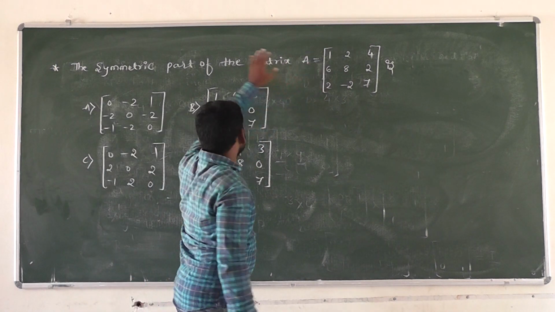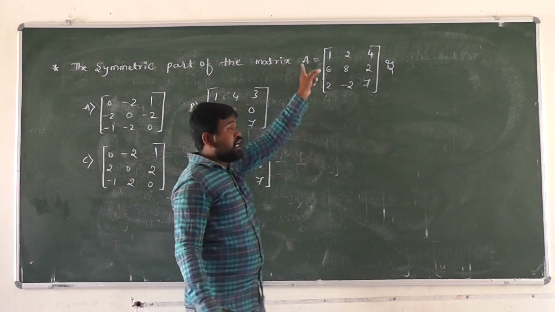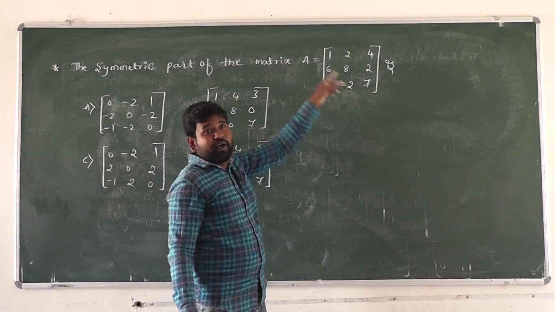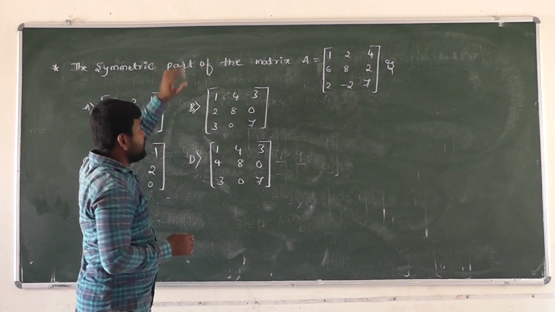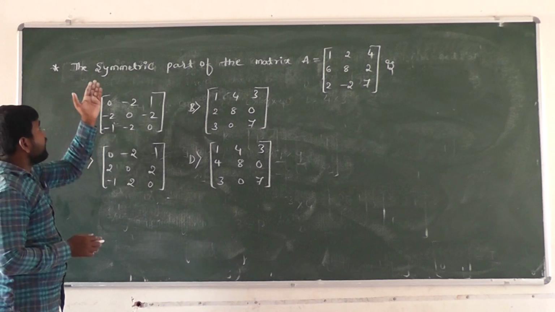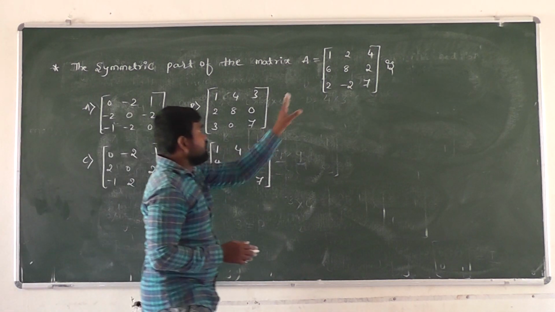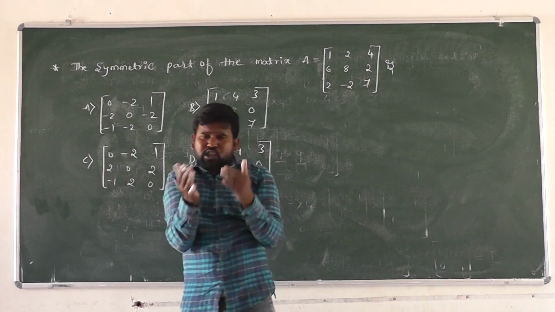When a symmetric matrix is defined, the given matrix A must always be a square matrix; only then is a symmetric matrix possible, right? Then what is the condition for a symmetric matrix? A equal to A transpose. But here it is not asking whether it is a symmetric matrix, but for the symmetric part of the matrix. The given square matrix A is expressed as the sum of the symmetric and skew symmetric parts, right?